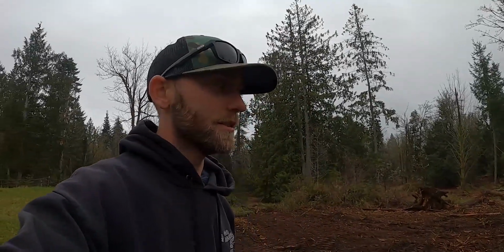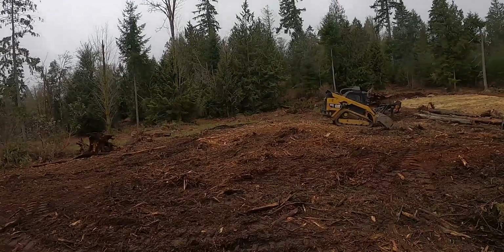But the FAE with the knives on there did the trick, but it was that feeding it constantly all day long with the excavator. Absolutely no way we would have been able to do this without the excavator assisting. So yeah, you can see right here,